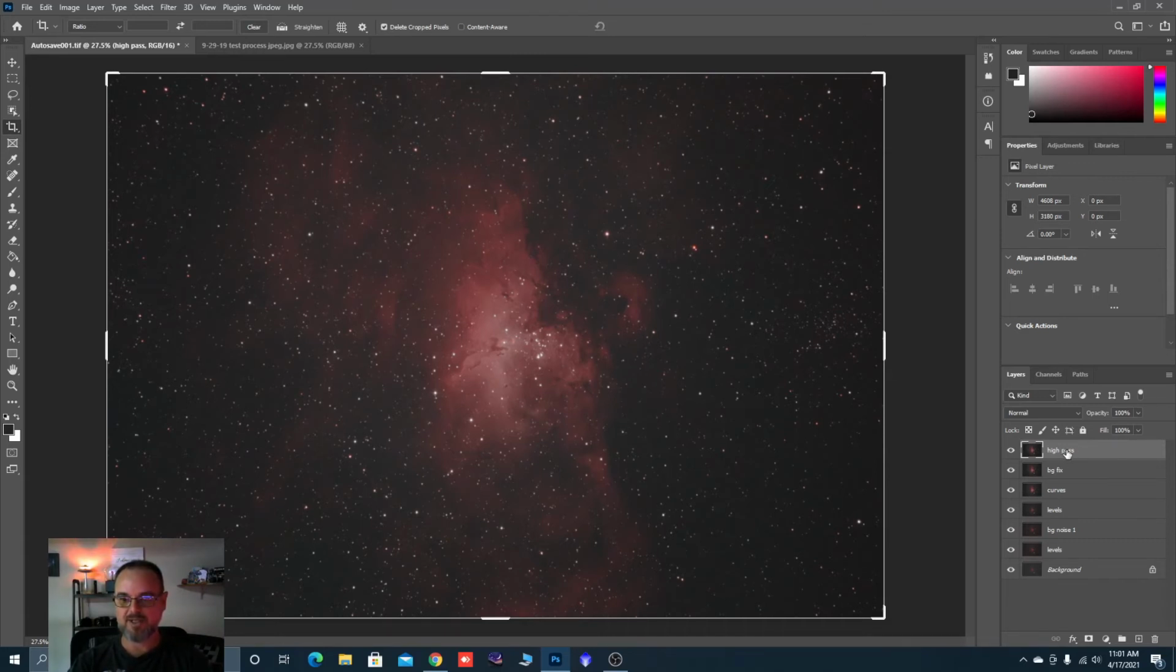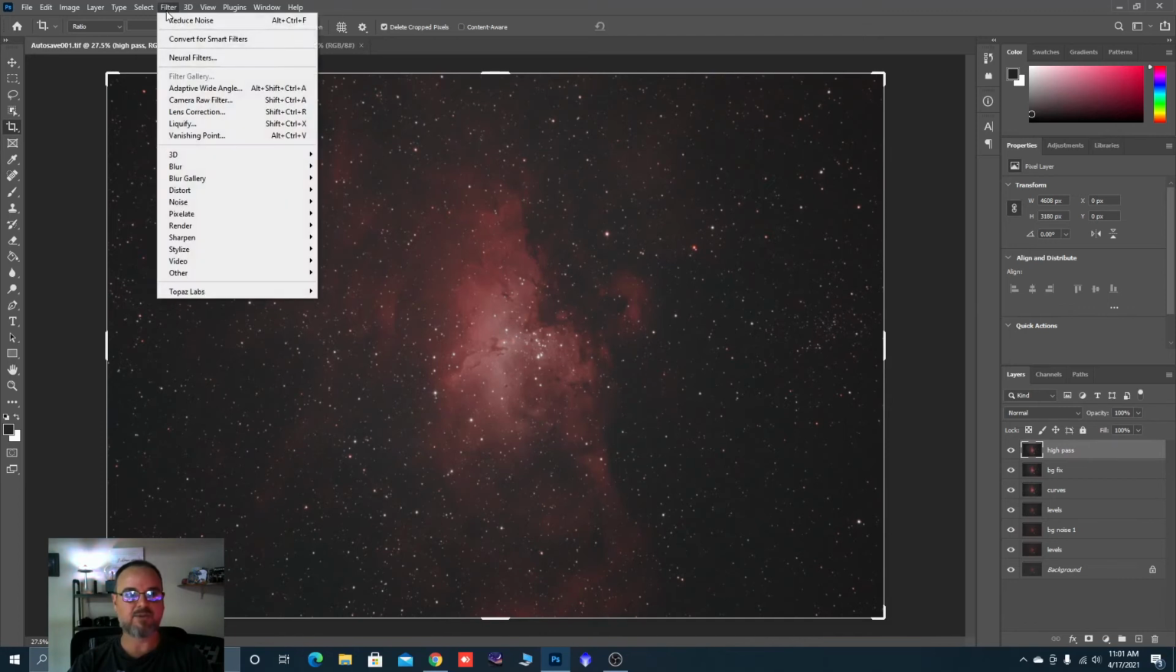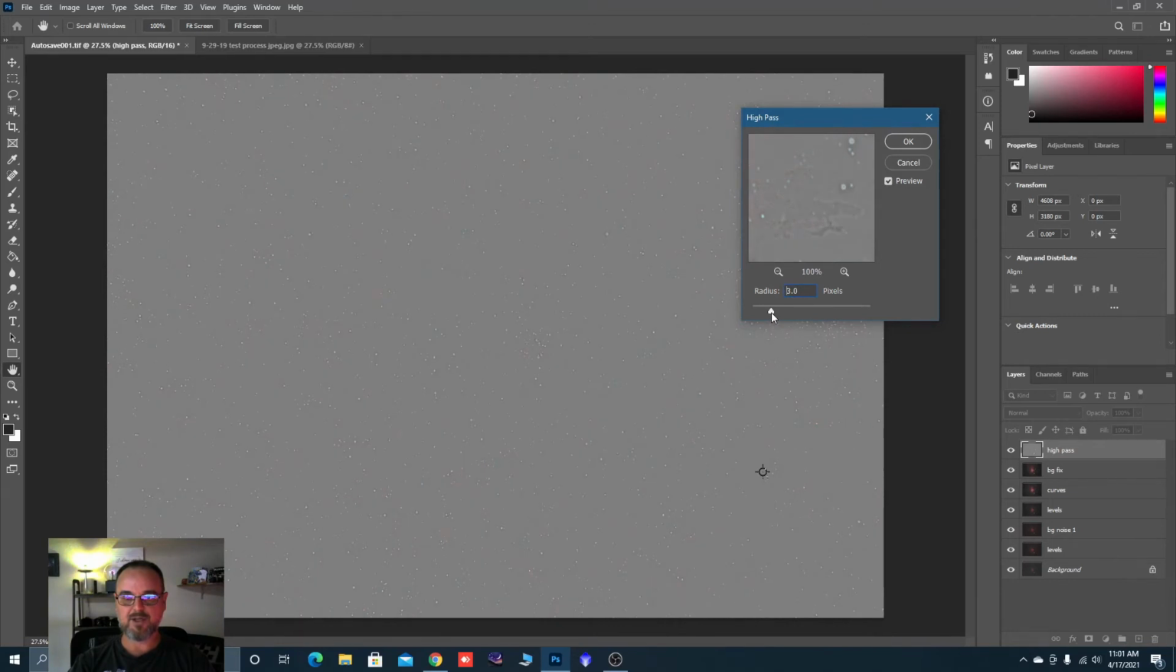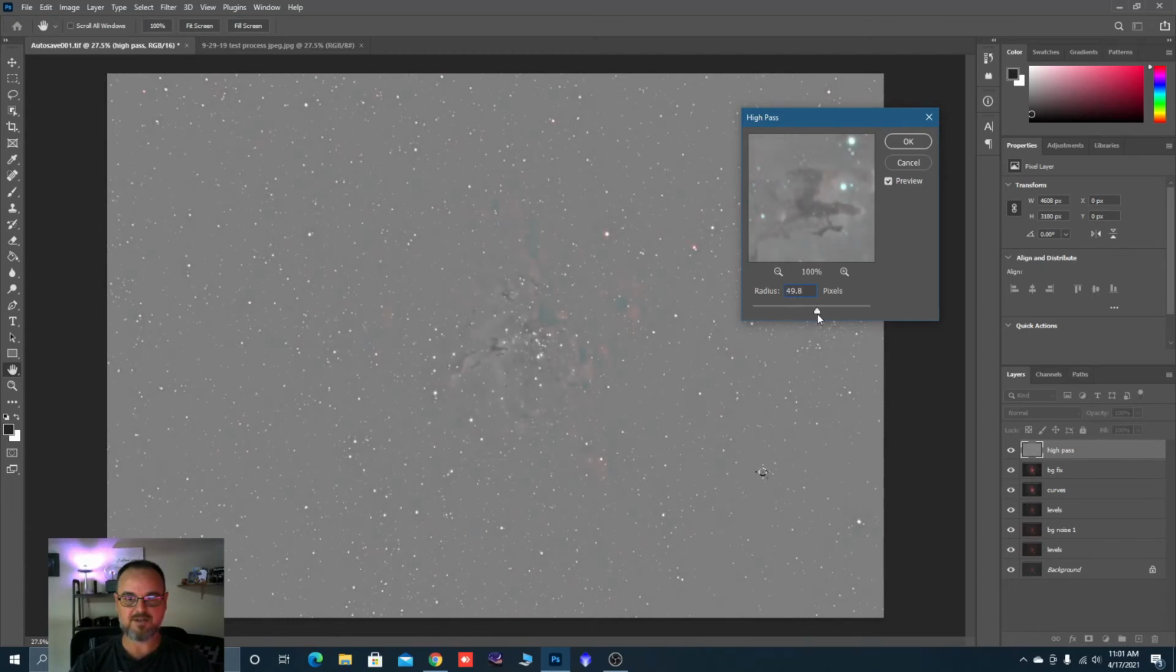So with that high pass layer selected, we're going to come up here to filter, come down to other, and we're going to go to, where's it at? Oh, high pass. So immediately you get this box up here, and for you it may come default looking like this where you can't see anything. So you just push this slider over. You're going to start seeing the details of your image here